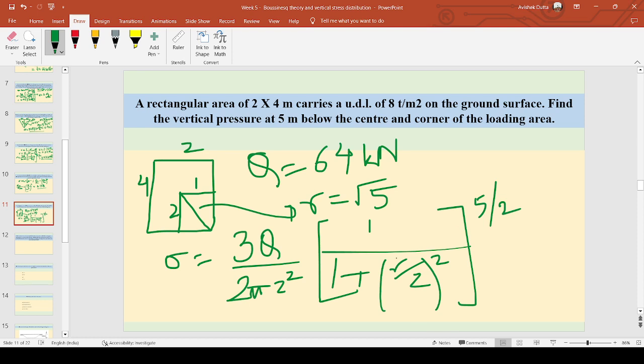Now below the center, r will be equal to 0, and at the corner, r will be equal to root over of 5. Z will be equal to 5, q will be equal to 64. In this we can find two answers. For directly below the center, the equation will become 3q by 2 pi z square, because r is equal to 0, this term is equal to 1, and that will be approximately